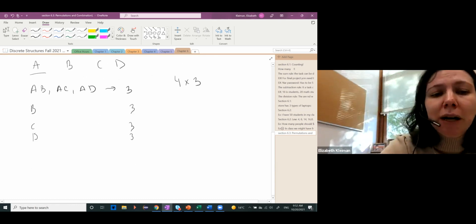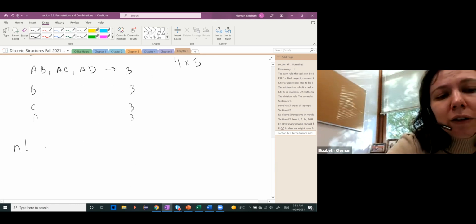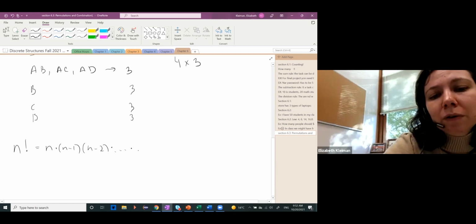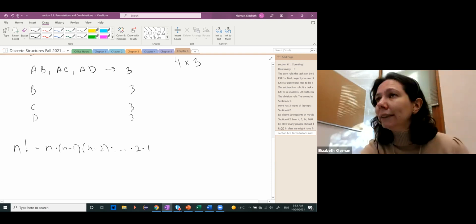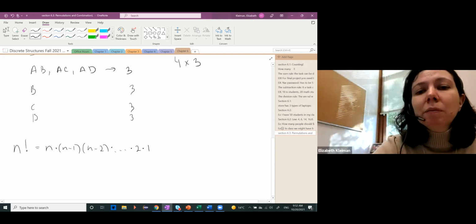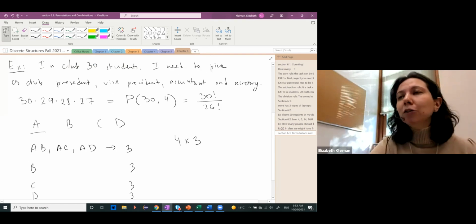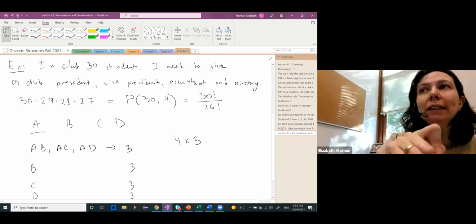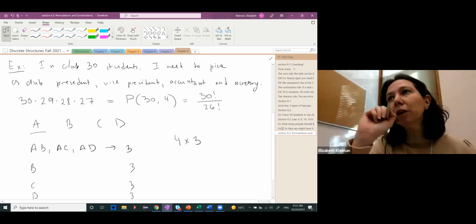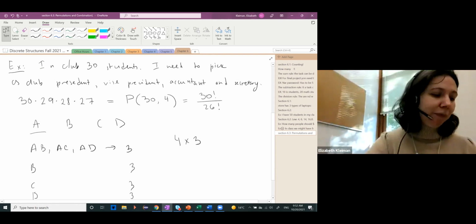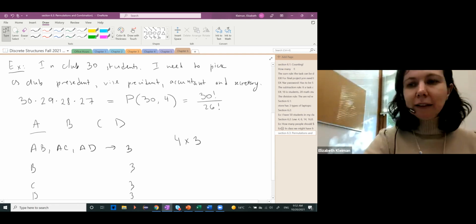And just to remind you, n factorial is n multiplied by n minus 1 multiplied by n minus 2, going all the way down to 1. This is what n factorial is. So pretty much in here, I used a permutation of 30 taking 4 out. You do a permutation when order matters, when I pick a committee and the members cannot be the same. Now, another option,